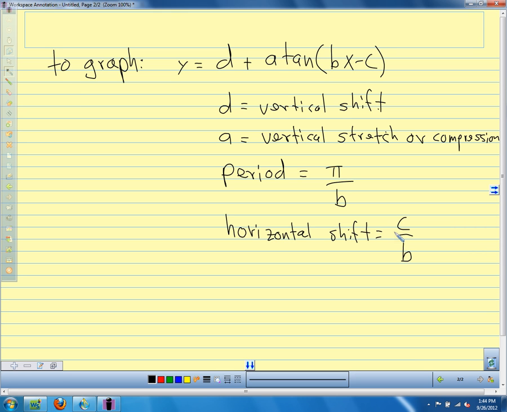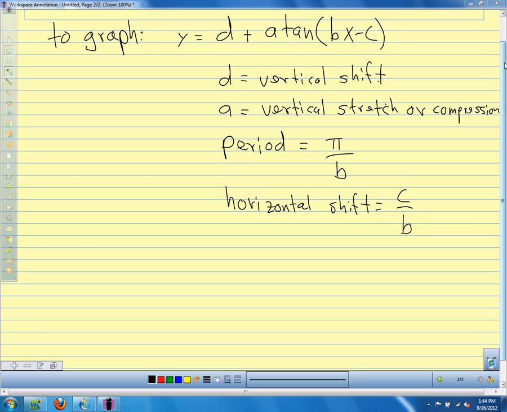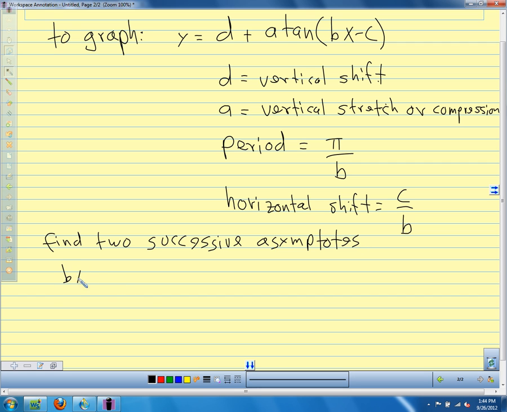Now graphing the tangent function is quite a bit easier than graphing sine and cosine. To graph these, we find 2 successive asymptotes. And to do that, we solve